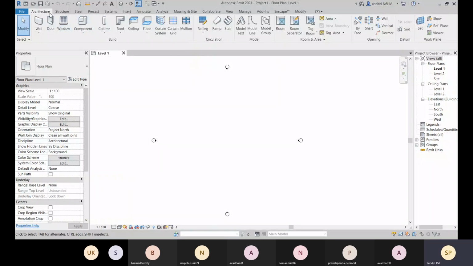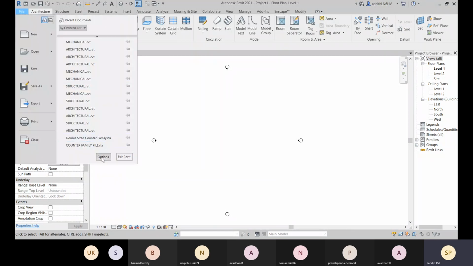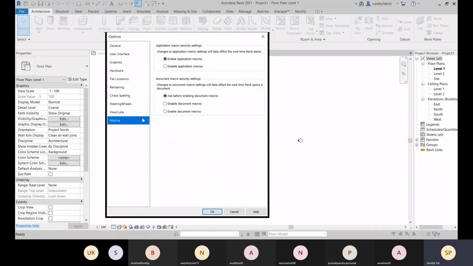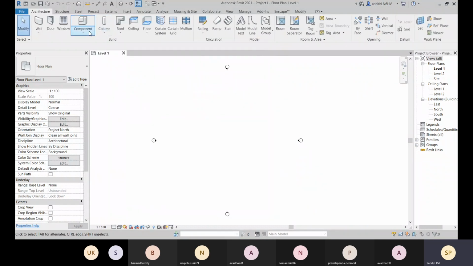Sorry, guys. So this is about the tool tips. Whenever you are hovering your mouse or placing your mouse on any icon or any tool, you will find these tool tips, and that is the macro. Some scripts are there. You can change the options, and here you have these options, so you can disable these things. Let me click on OK.